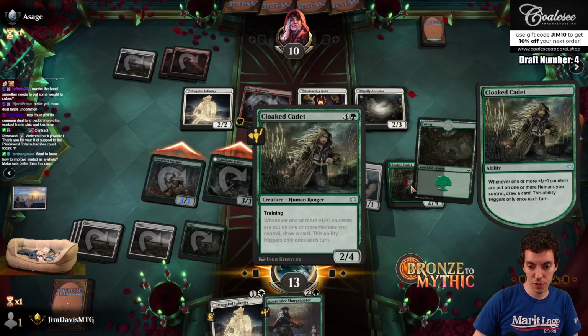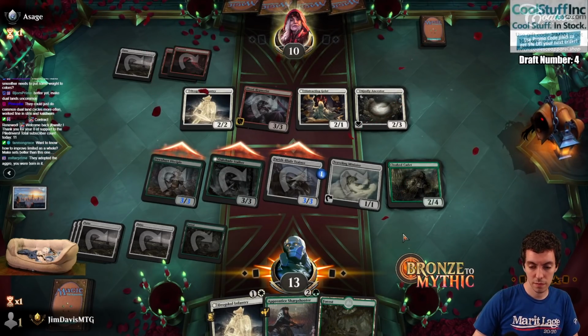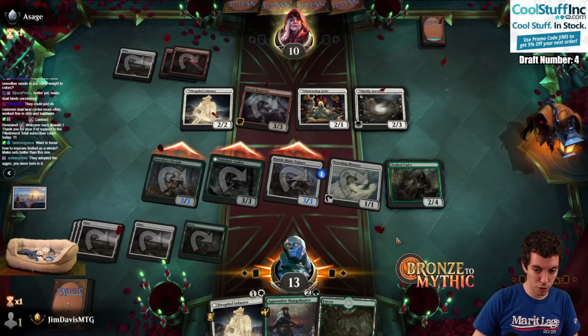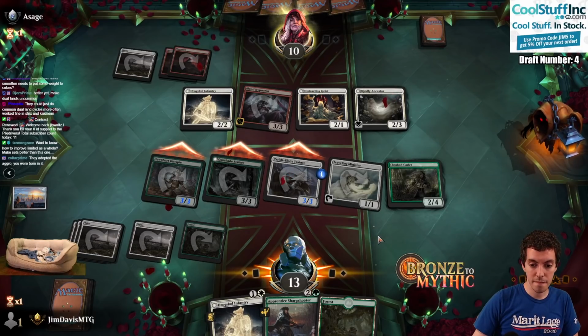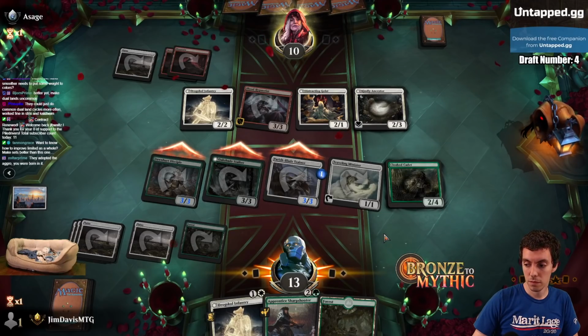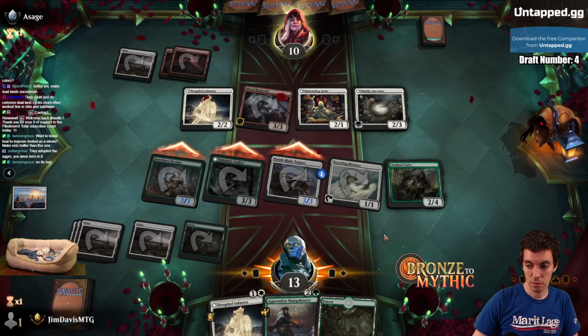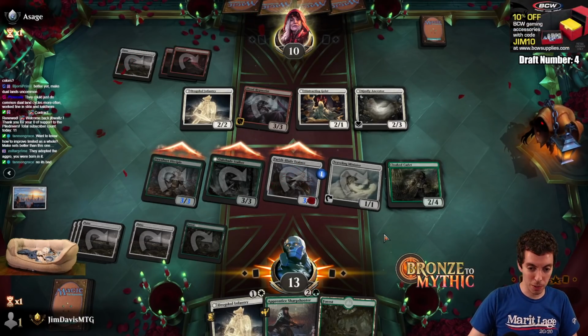Training. Draw a card. This card's good. I like this card. So Tannen, you're saying you don't like this set for limited? This is only our 4th draft, so no, it's bad. But what don't you like about it? I've been having fun so far. I guess we also won 18 games in a row or something like that, so